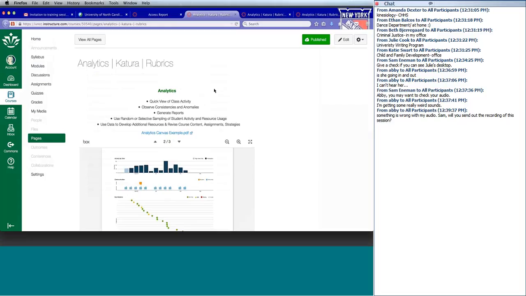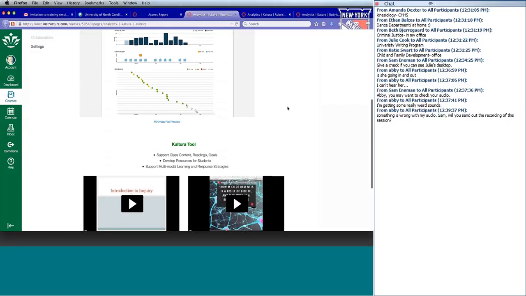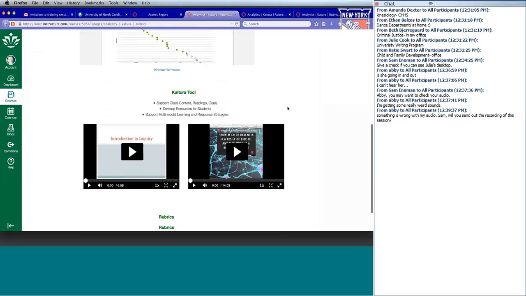So the next tool that I want to discuss is Kaltura. And Kaltura is, I guess, a third-party platform. It's supported by Canvas, and it allows you to create and share video and screencasts. So to access